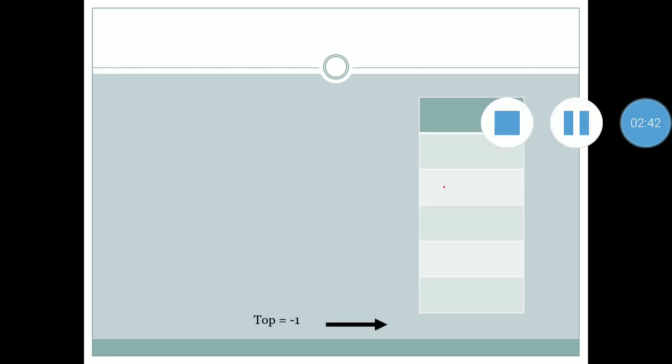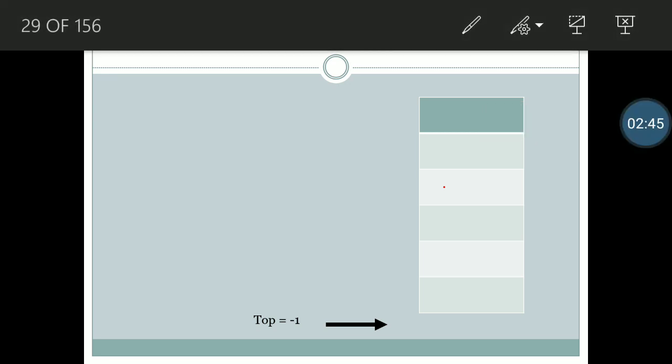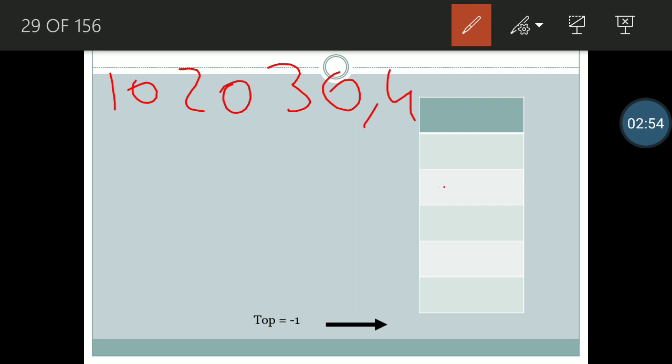For example, we want to add 10, 20, 30, 40, and also want to delete items, but in a particular manner.